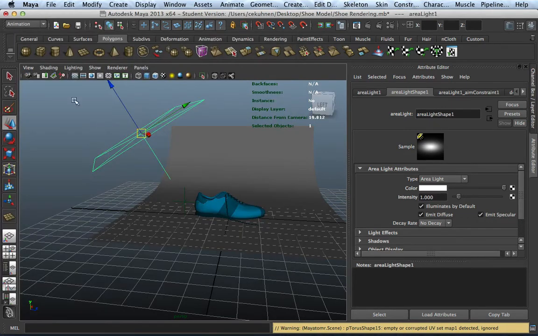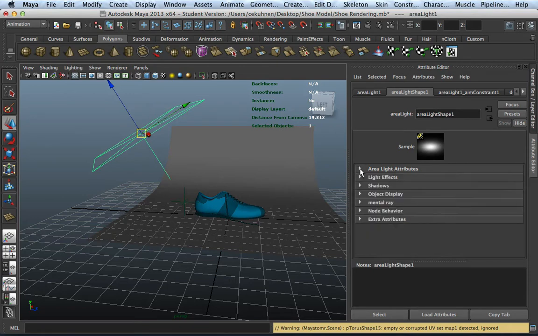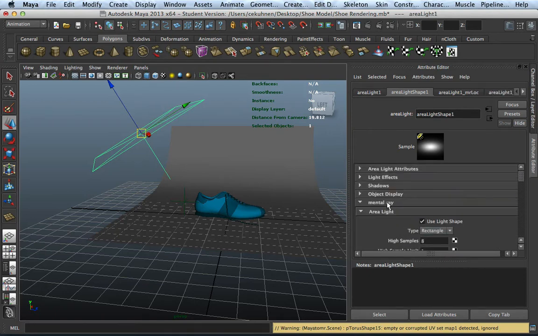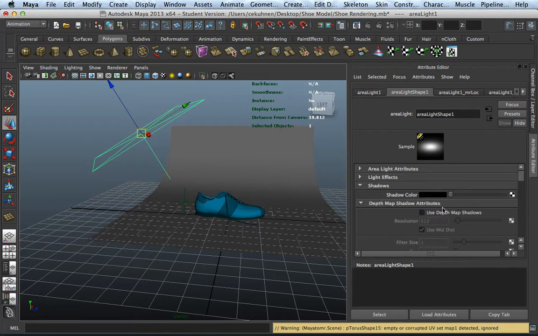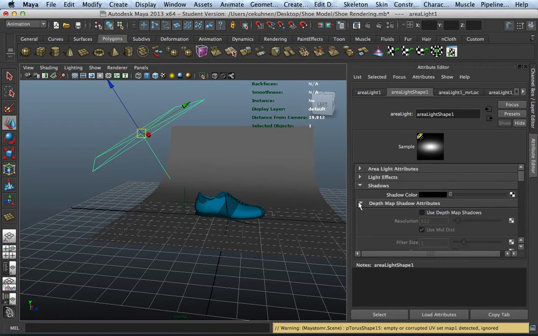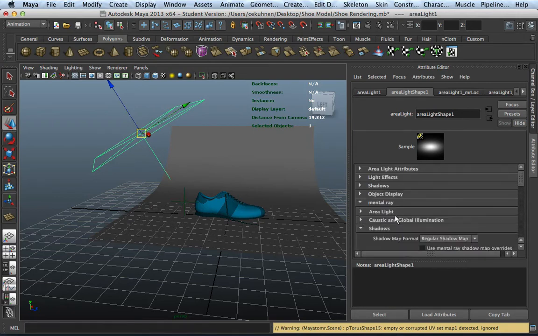And that is, again, because this light is currently, I'm going to say, like a generic light type. And the key is how it emits light and from where to where the light energy will fall off. So what we're going to do now is go to mental ray, say use light shape, invisible. In shadows, we would like to have ray trace shadows. We have strong computers today, so we can use that. And then